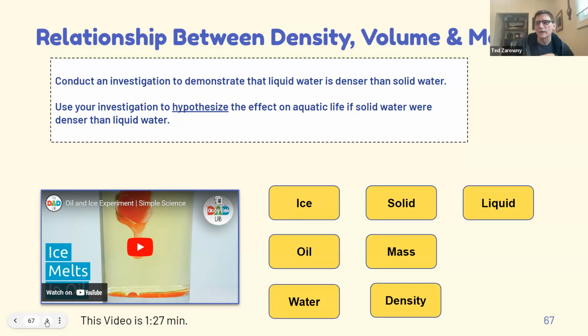And one of the skills and procedures statements in this CUSP line was to conduct an investigation to demonstrate that liquid water is denser than solid water. Again, it's sort of a knowledge thing, but how can we test that and see that happen? There's a video that goes through a bit of an experiment that you may want to write up in your own terms with the students, and do that either as an individual activity where they could practice writing their own instructions and their own gathering materials and so on.